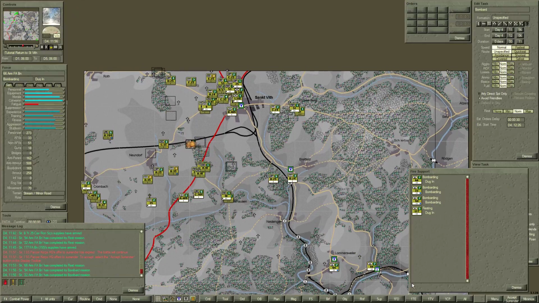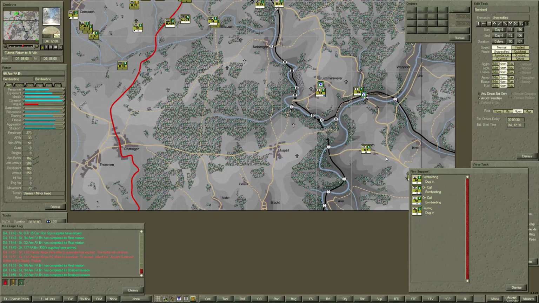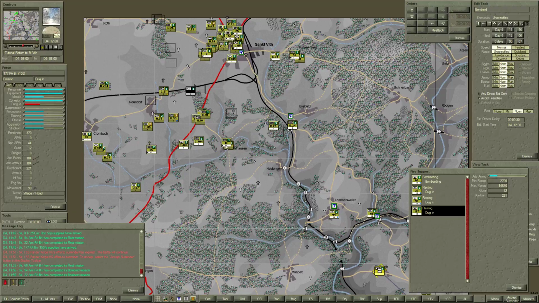So I guess I'll accept the surrender. We'll accept it at noon. At 1200 hours on the 4th day of the assault on St. Vith, the unconditional surrender of the German commander was accepted by General Patton of the 4th. Well, actually, he's the army. I don't remember who the division leader was, but...